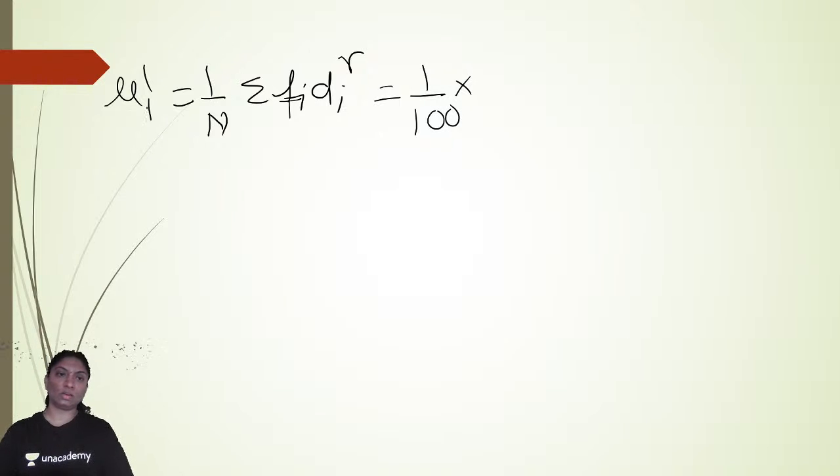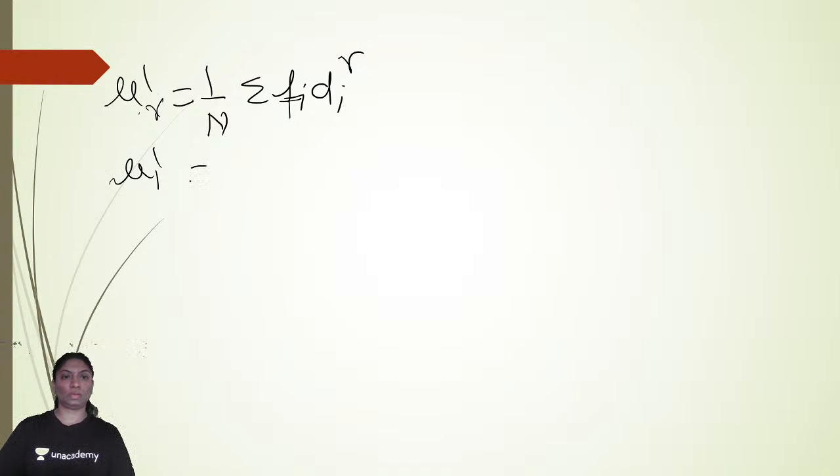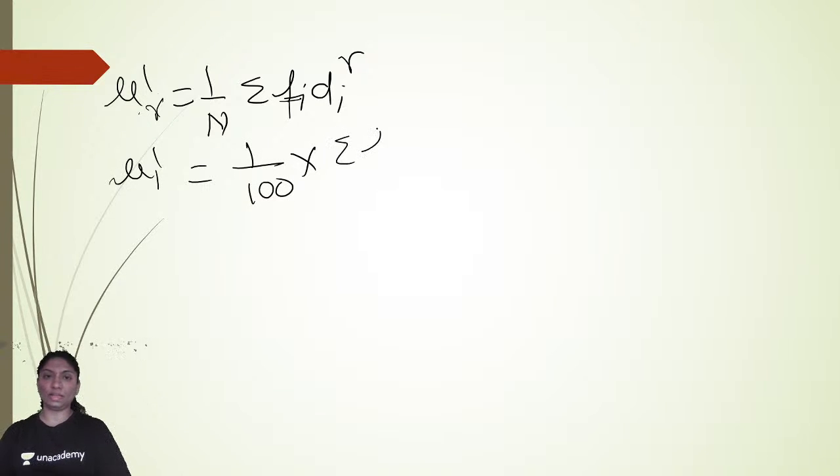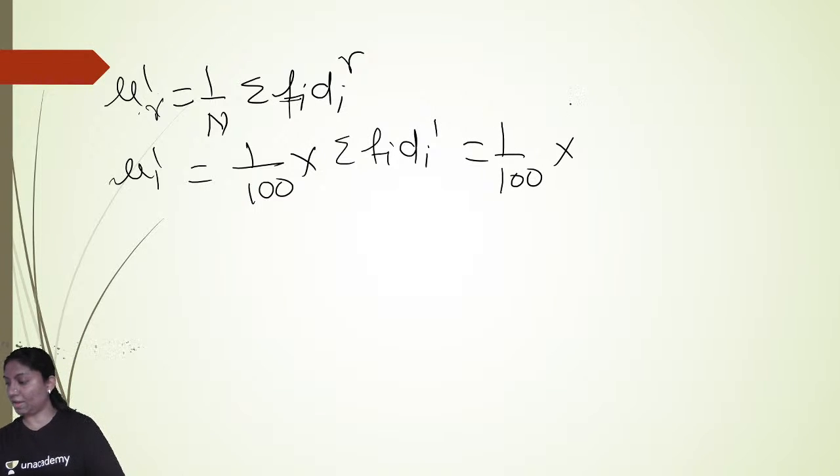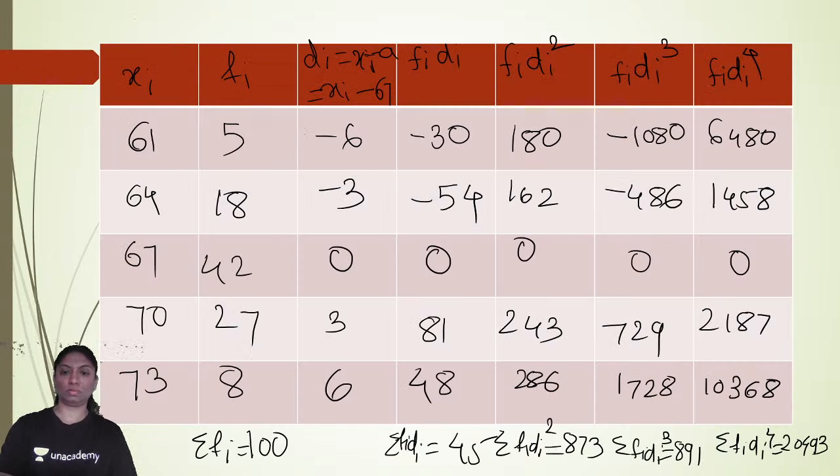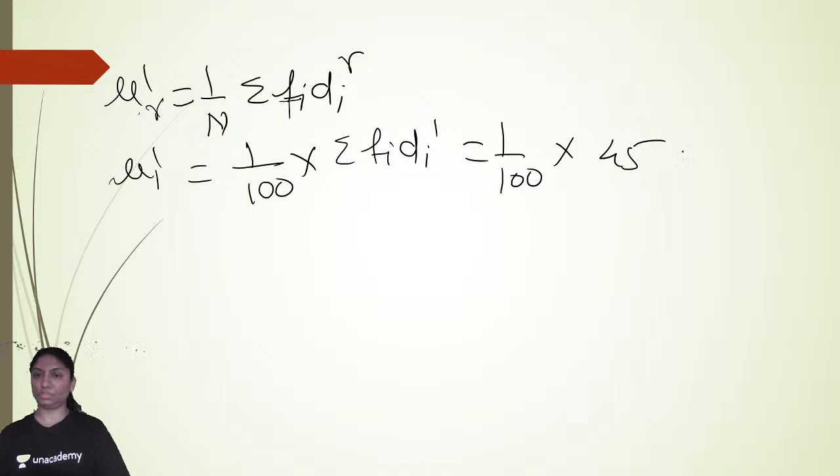This is the formula for mu r dash. Now I am calculating mu 1 dash equal to 1 upon 100 into summation of fidi, which is 45, so which is equal to